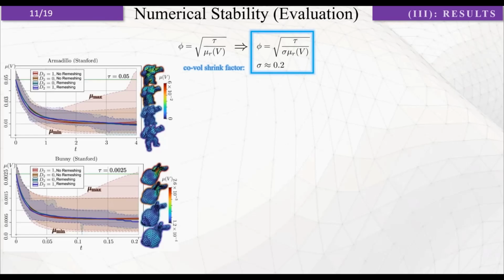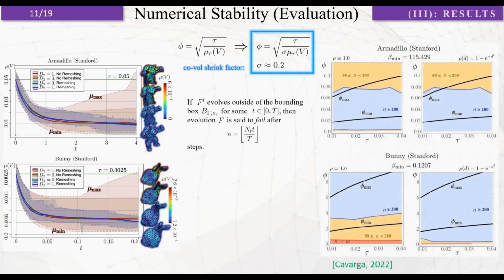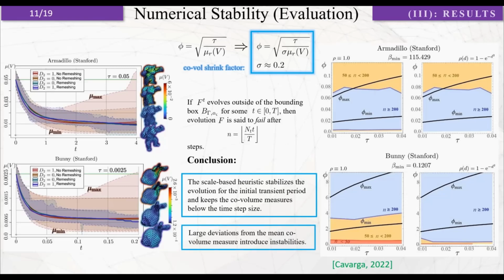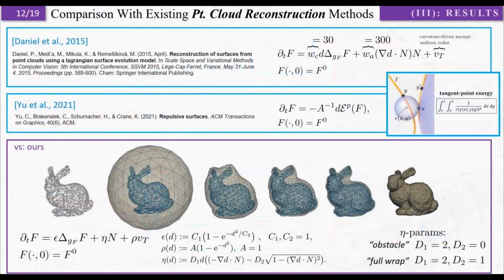Furthermore, in our previous work, we evaluated the stability regions in the time step/scaling factor domain. We consider an evolution stable if it doesn't explode outside of its bounds too much. We can then conclude that the scale-based heuristic stabilizes the evolution reliably, while large deviations from the mean covolume measure introduce instabilities. Now we compared the performance of our method as a point cloud reconstruction algorithm with two related implementations